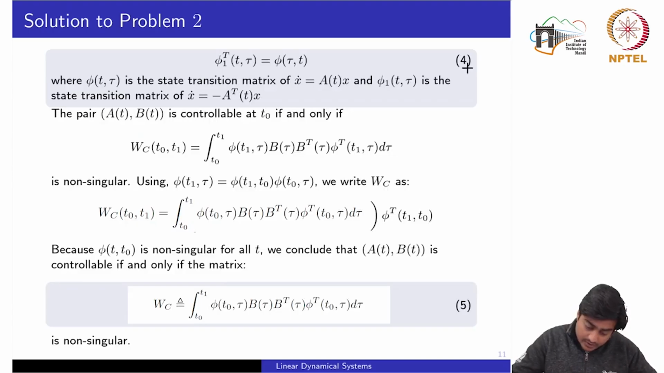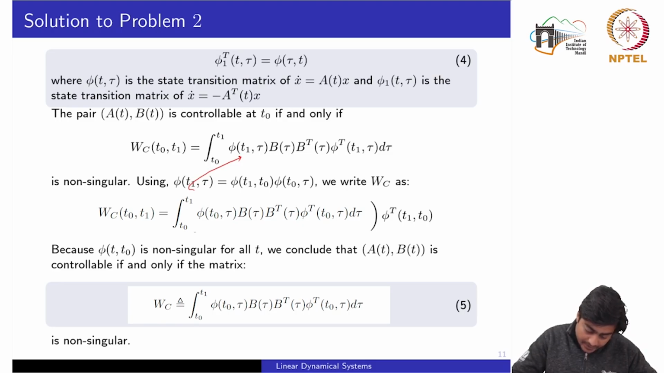So let's proceed again with this equation 4. So we had seen that the pair AB is controllable if this matrix is full rank. So again we are using one of the properties of the state transition matrix, that if I take some time t naught in between t1 and tau, then I can write this phi t1 comma tau as the multiplication of two phi's, as t1 comma t naught and t naught comma tau. Okay. Now substituting this into this WC